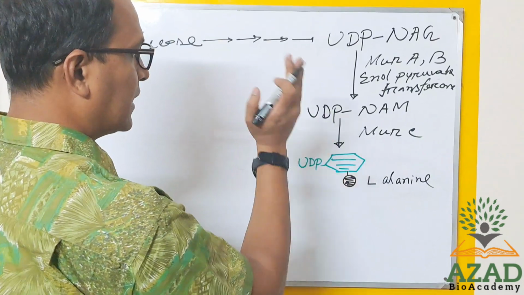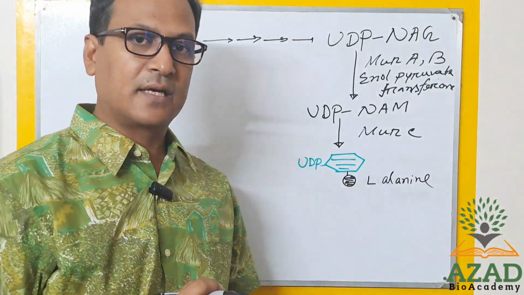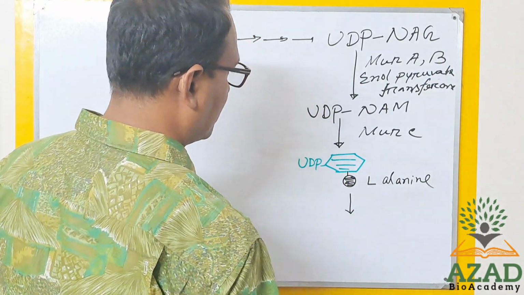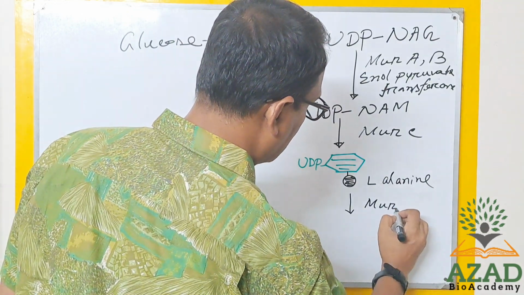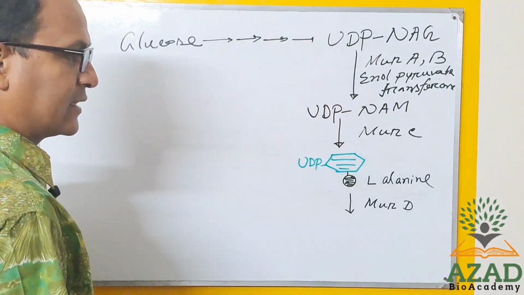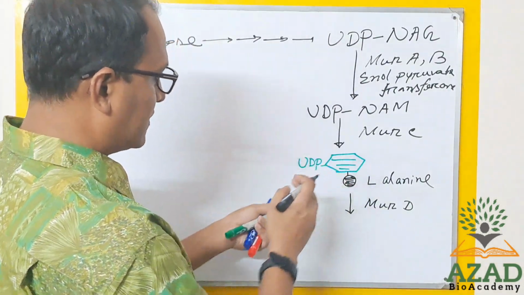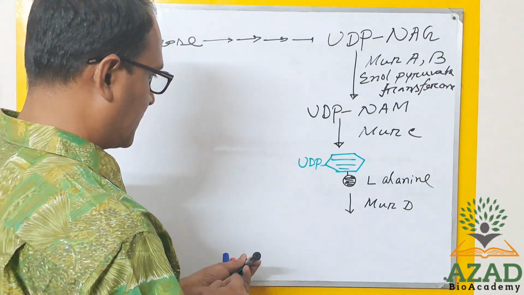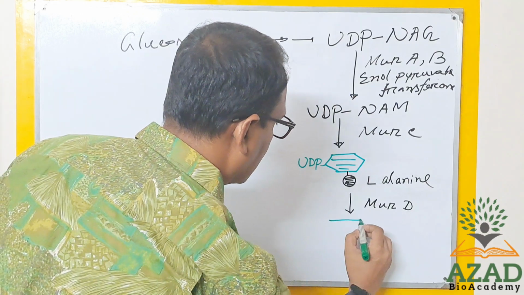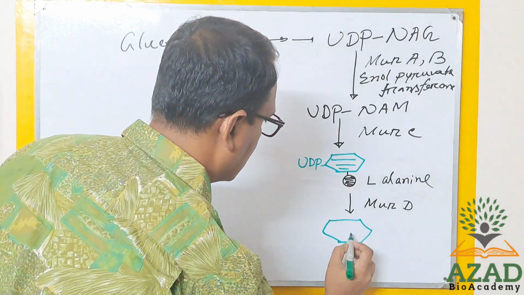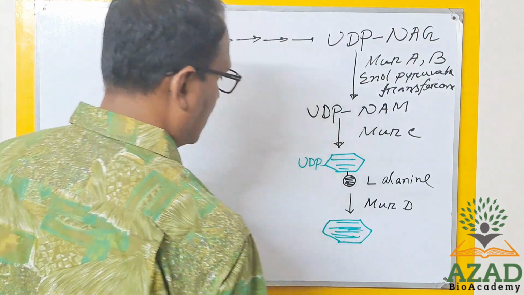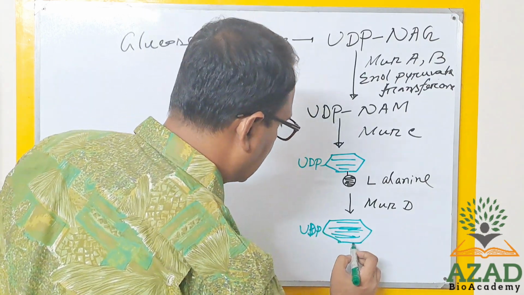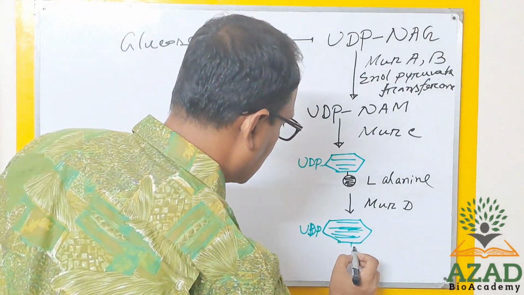L-alanine will attach to the UDP N-acetyl muramic acid. Okay. Now another enzyme will work on it, that is the MUR-D, and that will add another amino acid to form a dipeptide, that is the N-acetyl muramic acid, and this is already attached to the UDP, and here one is